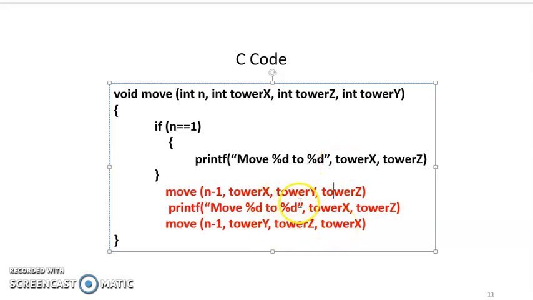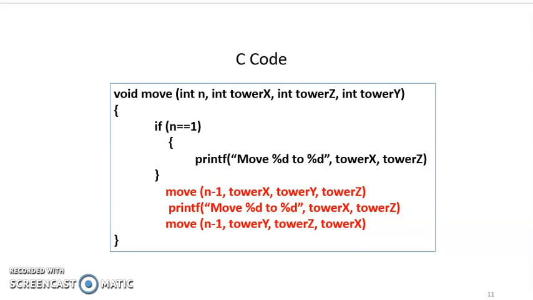So this problem is recursively resolved. So if it is n disks from 1 to 3 using 2, then move n-1 disks from 1 to 2 using 3, move the last disk 1 to 3, and then move the n-1 disks from Tower 2 to Tower 3 using Tower 1.